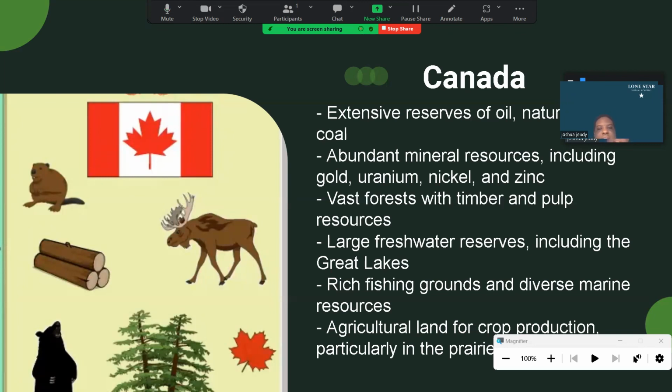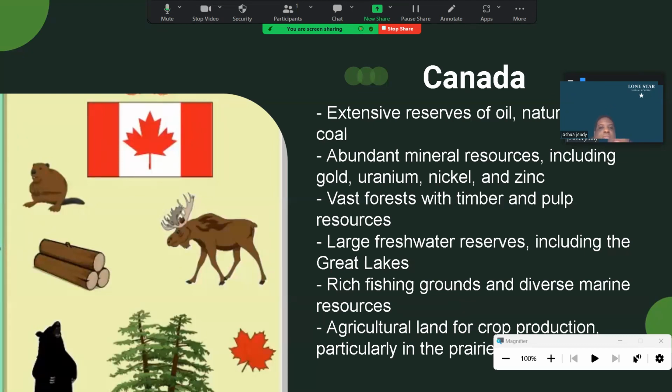Since Canada is part of the Greater North, a lot of those old glaciers from the Ice Age melted down and formed a bunch of lakes. Canada has a ton of lakes and rivers, so there's a lot of fresh water. So you could be drinking water that came from the waters of Canada. So there's that. Canada also has a large amount of fisheries. Again, a lot of water, a lot of fish. Makes sense. So Canada is abundant in those resources as well.